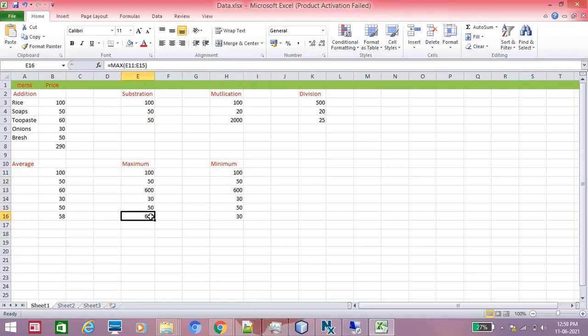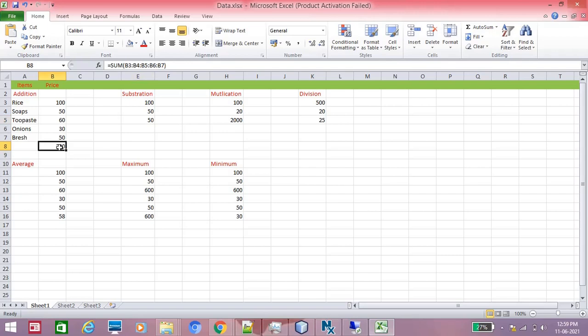So next maximum, equal to MAX. Average, equal to AVERAGE. Division, equal to first value by second value. Multiplication, you can use equal to PRODUCT. For subtraction we can use first value minus second value, so for that column value E: E3 minus E4.